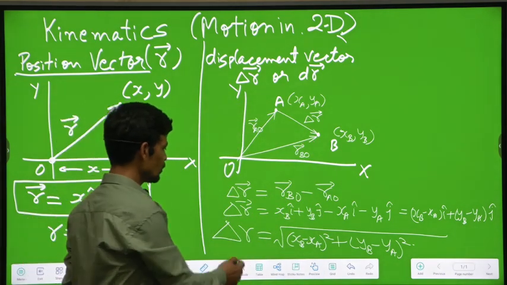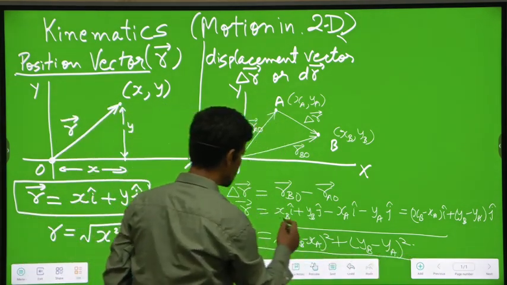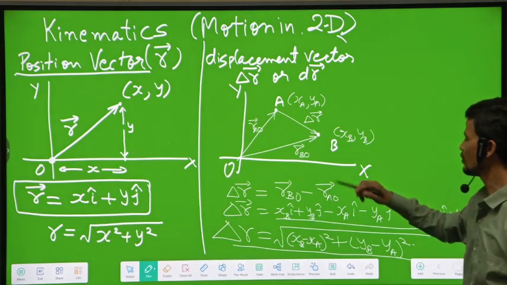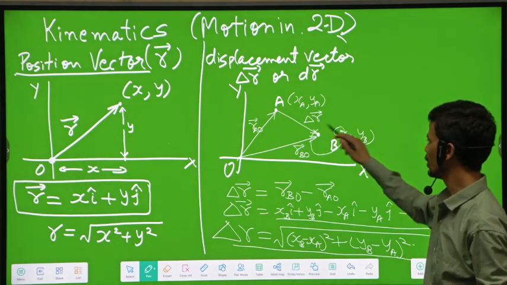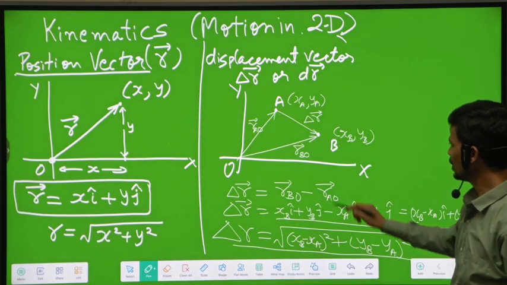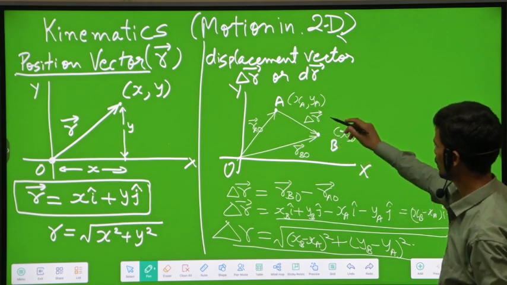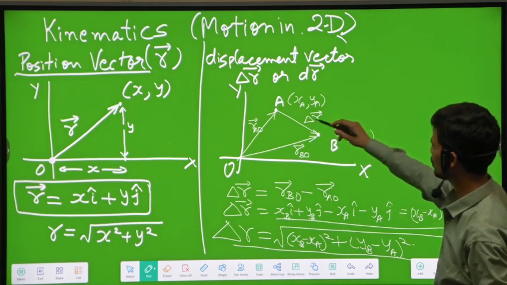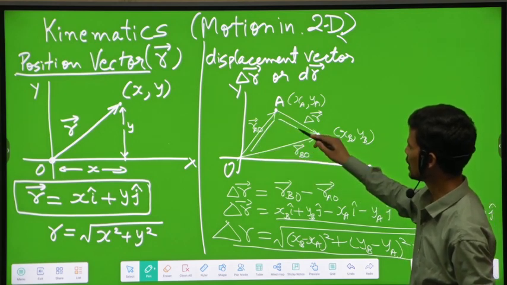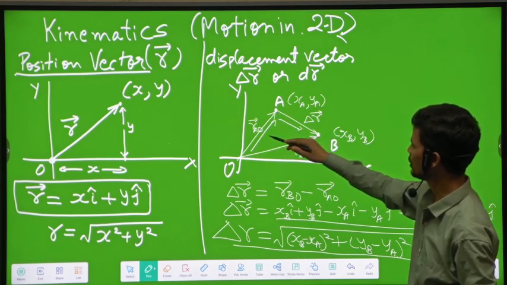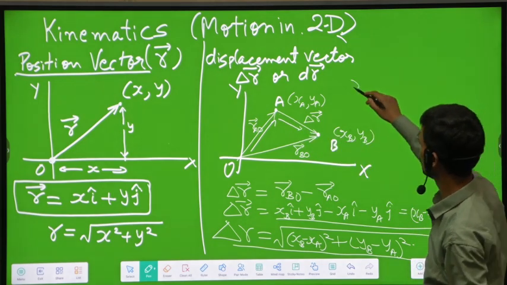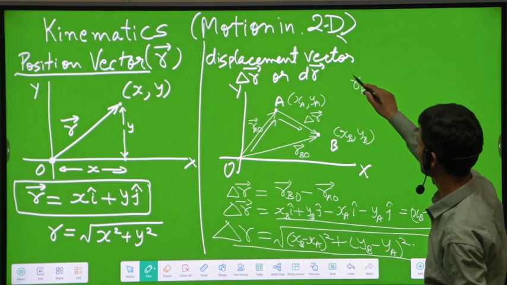So remember, this is not order sensitive, but this is order sensitive. If this is the initial position and this is the final position, then you will always subtract this from this. And I can explain it with reference to a vector diagram also. So in vectors there is a triangle and these two sides are taken in order. So they will be the sides which add together,